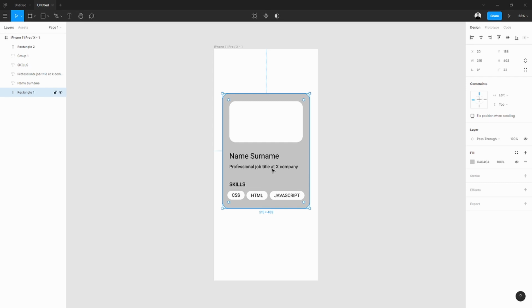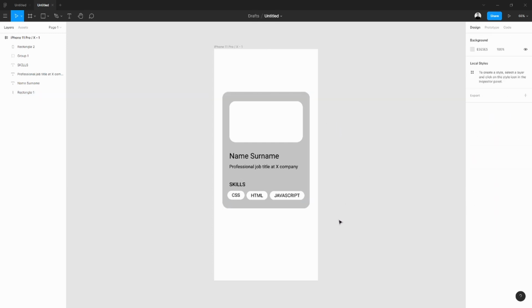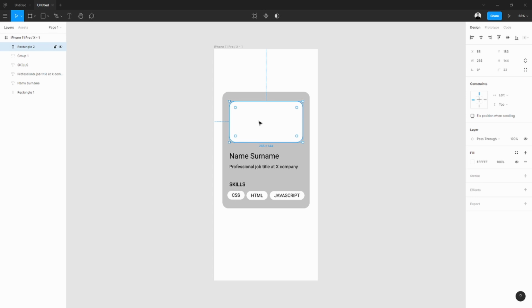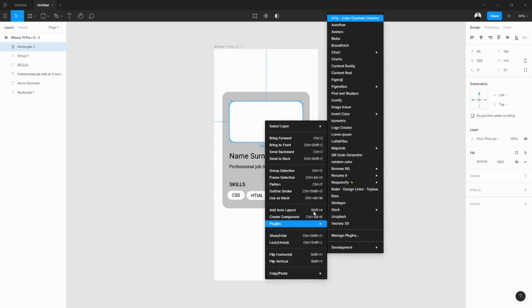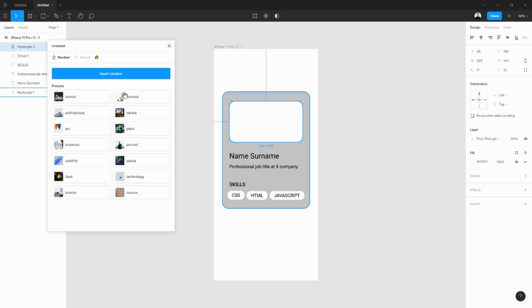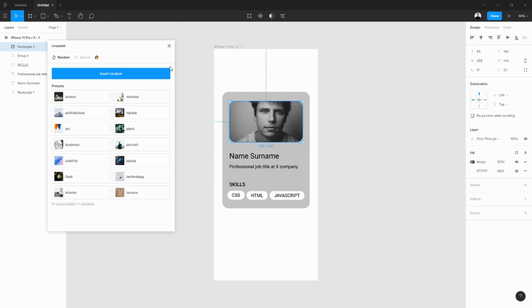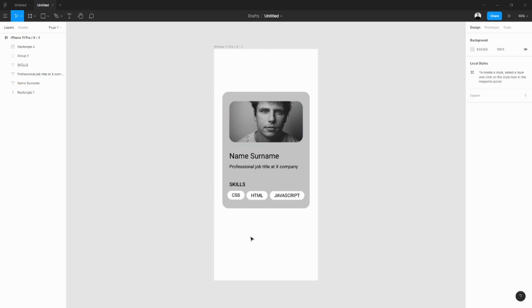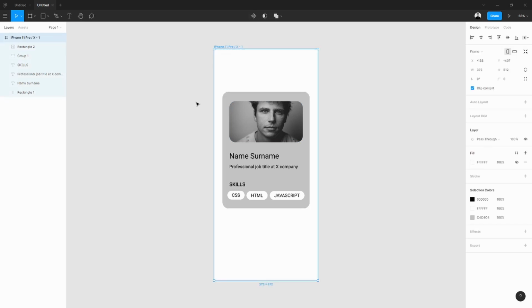Now that we have the card, we can go to the next step, that is putting some color to our design. To do that, before we add the image to this rectangle, okay, this one looks good. Now that we have the image, we select our frame,